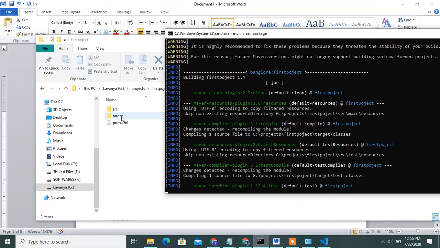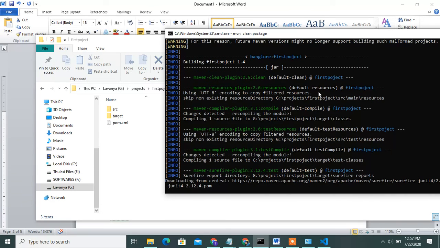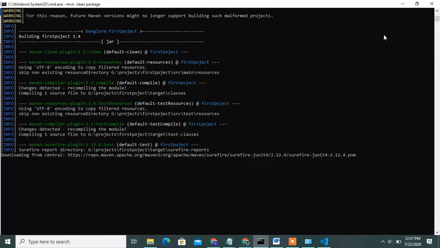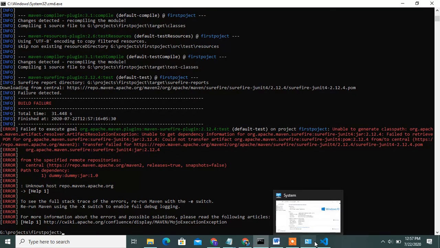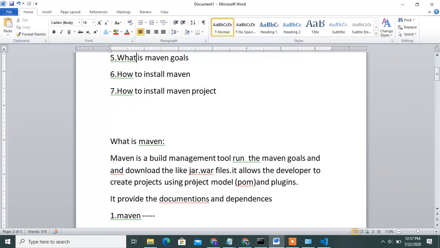Once you run mvn clean package, see, it installed all of your plugins and creates the jar files. Downloading. See, observe it. Once you run this, remember it.